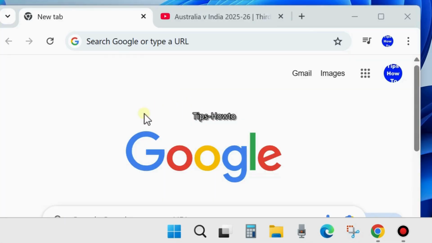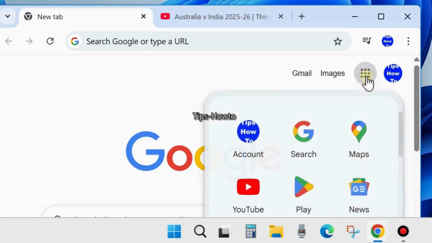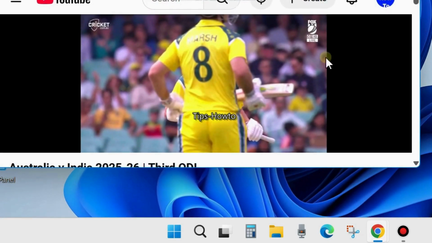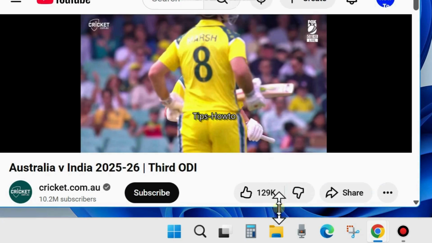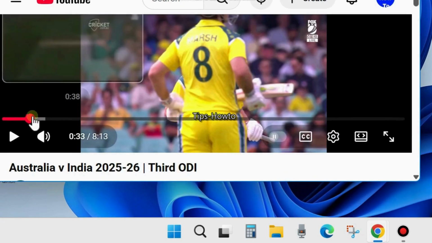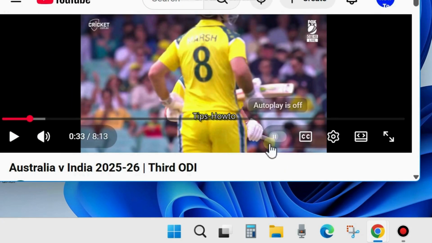How to stop or disable autoplay video on your YouTube account. If you want to stop autoplay next video, then here is the process. We will see it in the browser. Open the YouTube app or in browser. Here play any video which you want to play, and if in between playing your video you can see a small icon